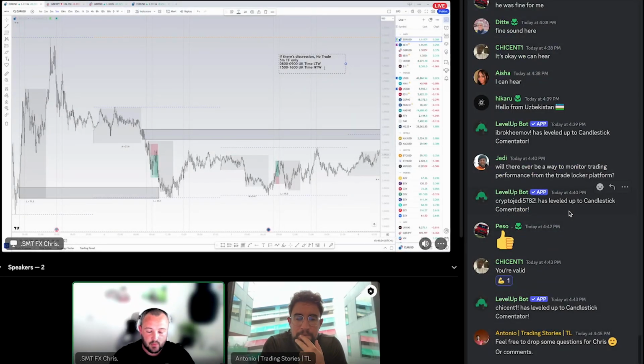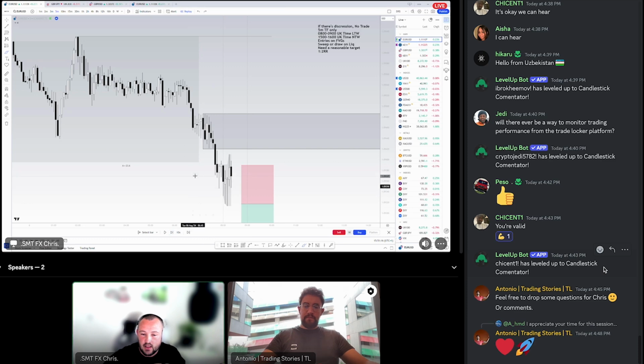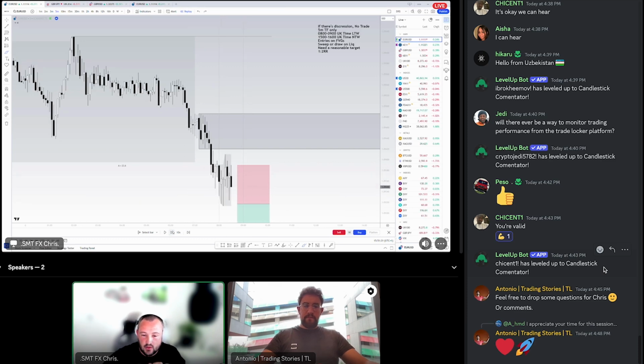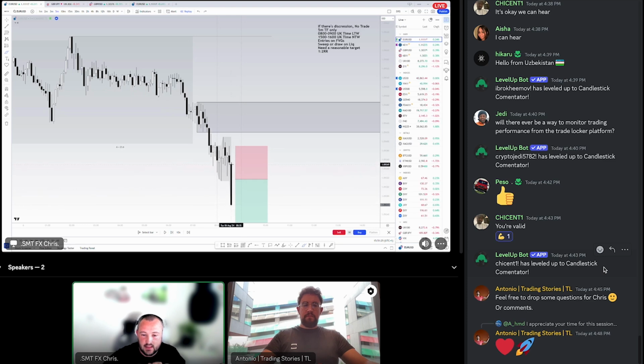Entries will be on the fair value gaps, entries on FVGs, and we will be looking for either a draw on liquidity or a sweep of liquidity. Now we're starting to see a few bullish candles at this point. We can see price then started to try pushing lower, and then this is the candle that straight away starts